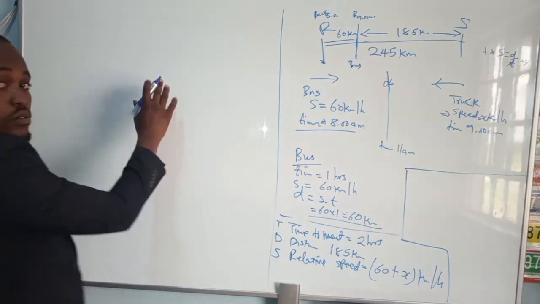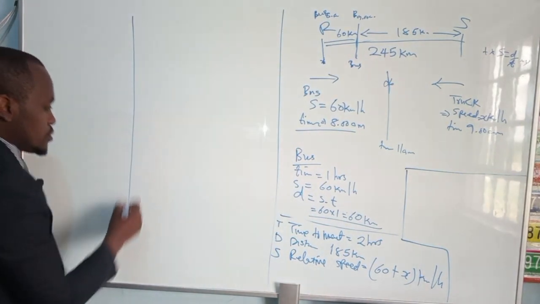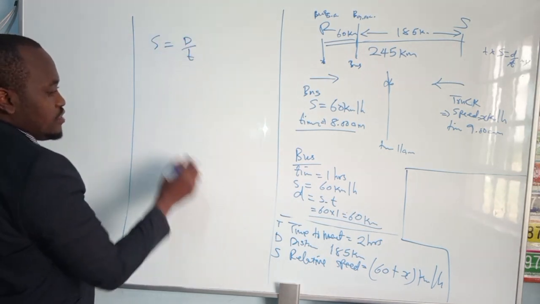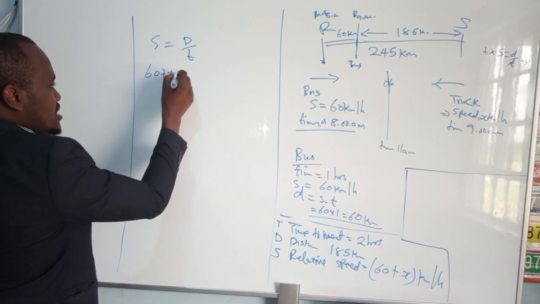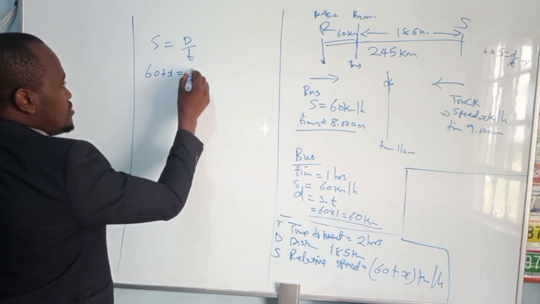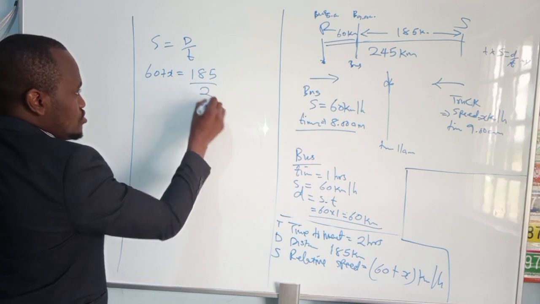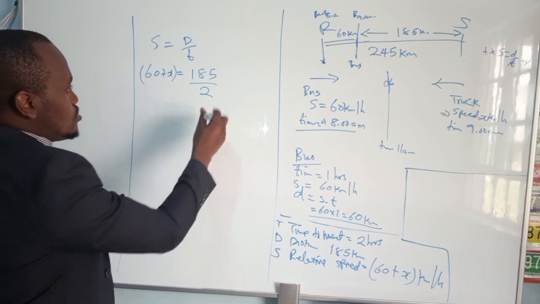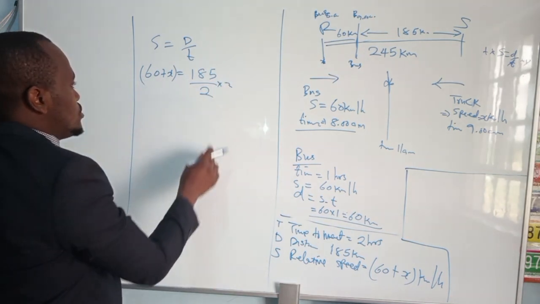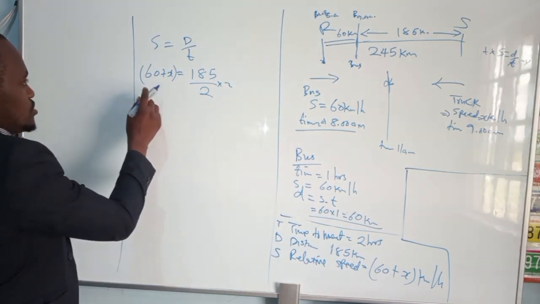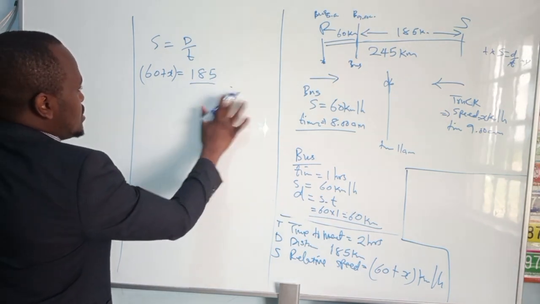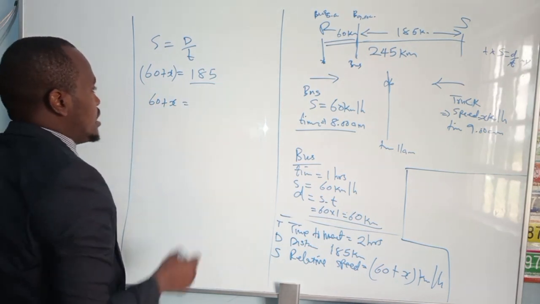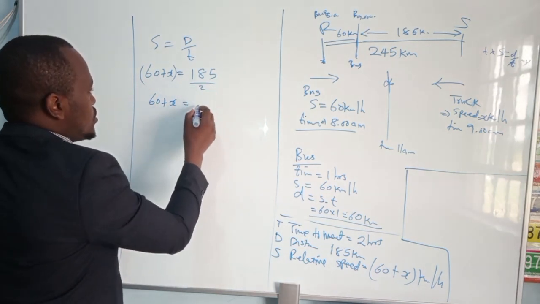So, we are saying that speed is equal to distance over time. Therefore, 60 plus x is equal to 185 over 2. You can put a bracket so that if you want to multiply by 2, you do it well. Or you can just divide them. 60 plus x is equal to 185 divided by 2